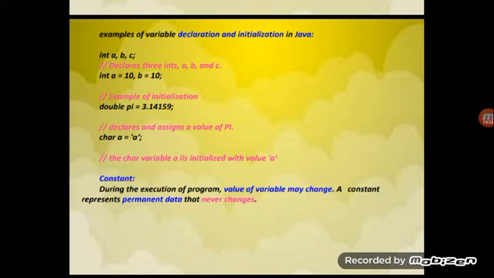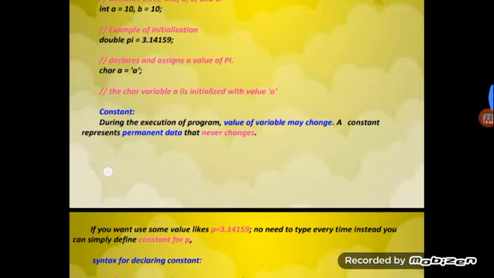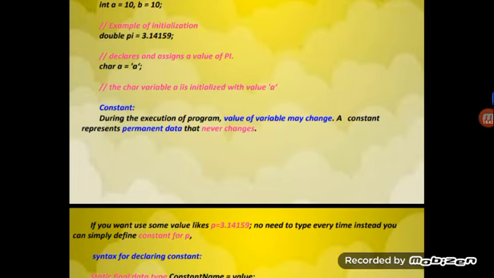Char a is equal to 'a': when using the character data type, within single quotes you write the character. The character variable is initialized with the value a only.